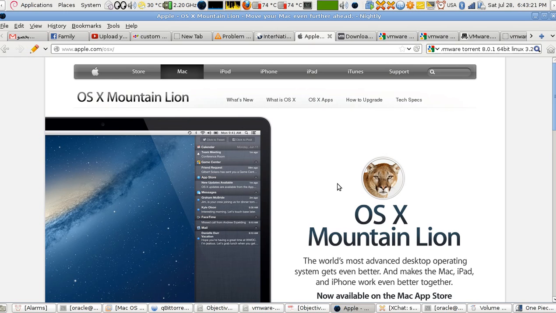VMware as our virtualizer. By virtualization we mean that we take the operating system of a machine and we use another software that will simulate the running and the work of that operating system as if it's running on a real machine. We're going to simulate a real machine using a software, and our software here is VMware. Now we're going to tell you how to get Macintosh, how to get